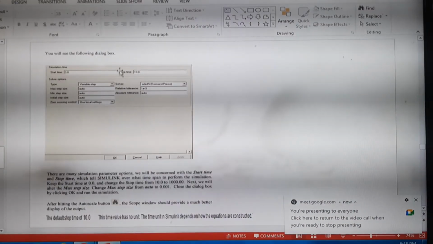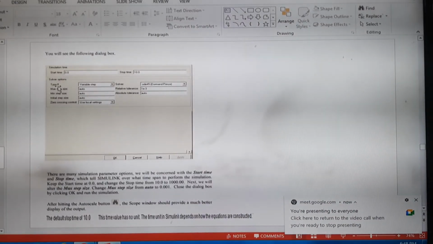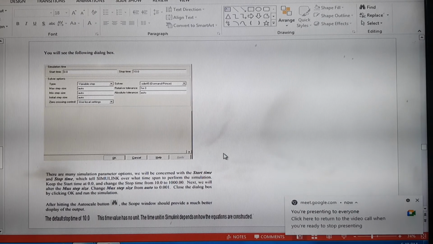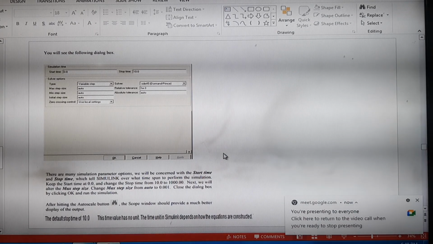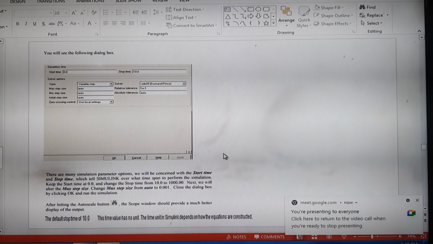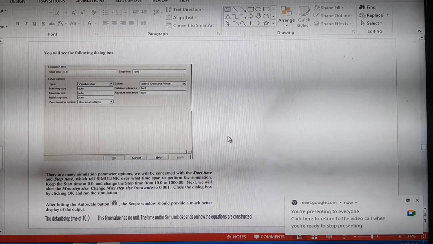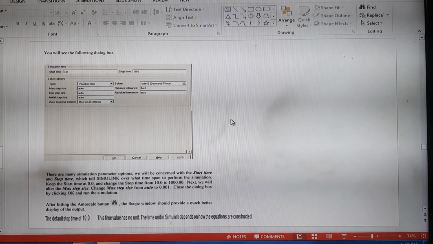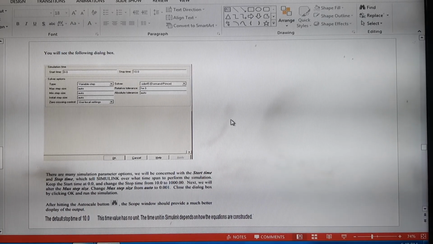Start time, stop time, step size. These three parameters we can enter as per our own choice, or we can run the simulation with default parameters also. This step size parameter is the simulation sample time. If you choose it to be very small compared to the period of the input signal, you will get a better display of the output.